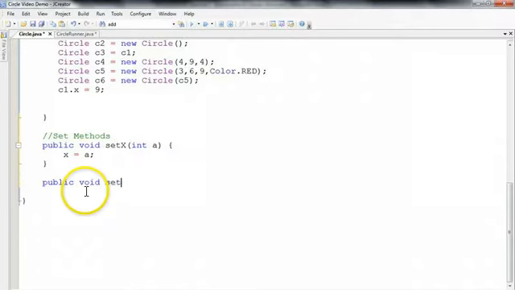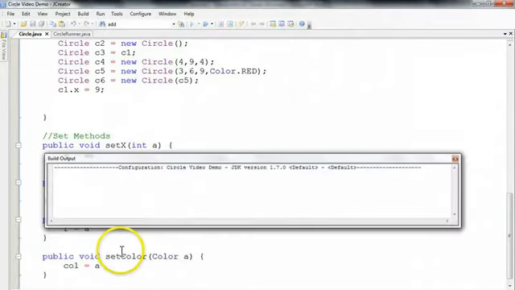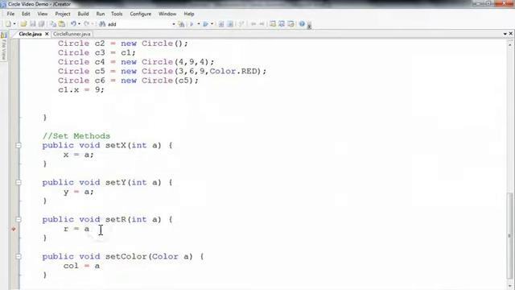Public void set y int a, y equals a. Public void set r int a, r equals a. Public void set color int a, col equals a. Oh, pardon me, this shouldn't be an int, should it? This should be a color. So now we build this, and I see I've forgotten a bunch of semicolons, one there and one there. We build this file,